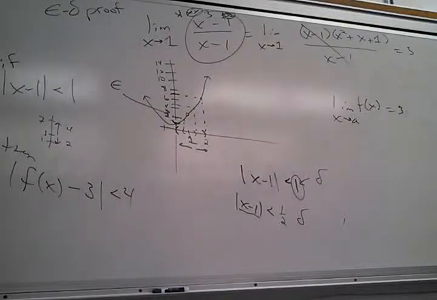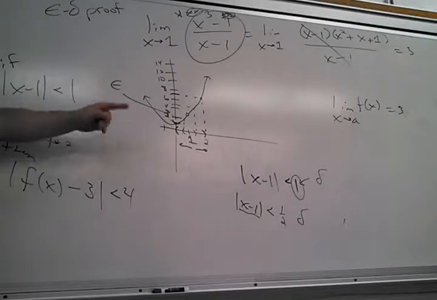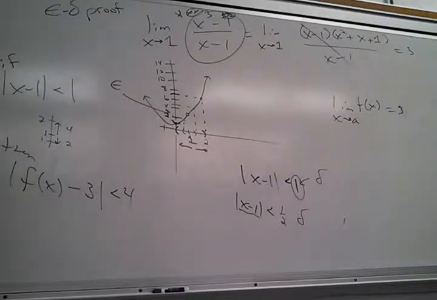I'll let you soak that in. I got that exactly from, and you're going to have to do something like this for the homework. Yeah. So basically the epsilon value is the greatest distance that it can be from the limit. From the true limit, while still being in the neighborhood.